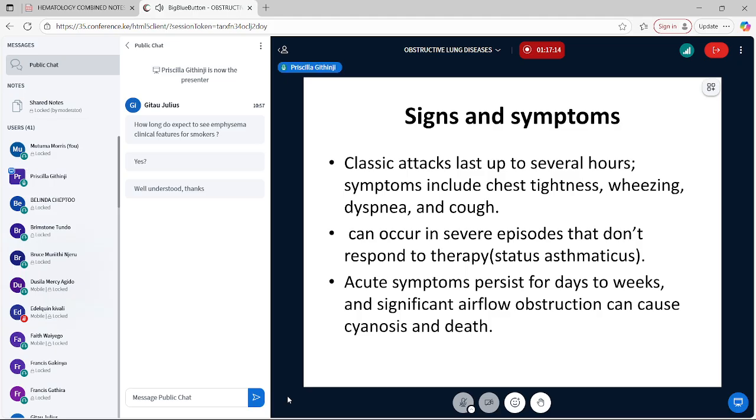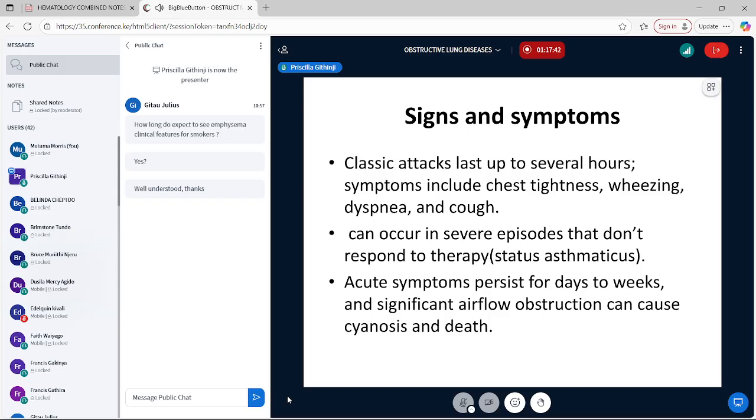How do patients present? Of course, we say a patient is having an asthmatic attack. The classic attack usually lasts up to several hours, and the symptoms include chest tightness, wheezing, difficulty in breathing, dyspnea, and some will present with